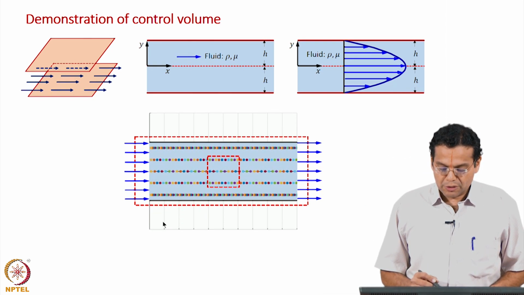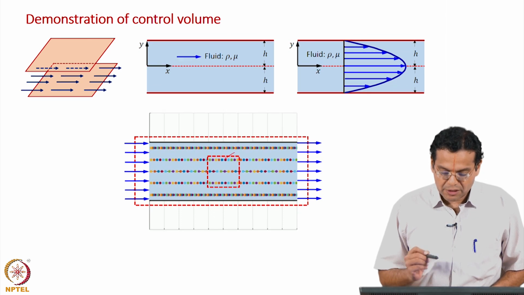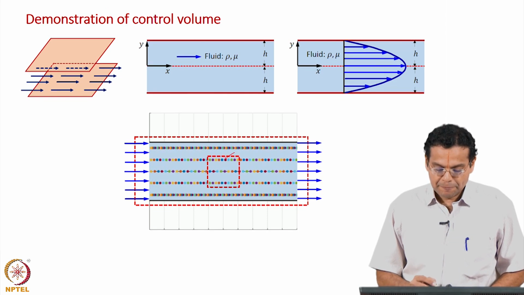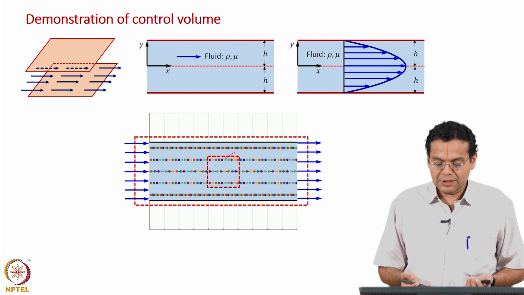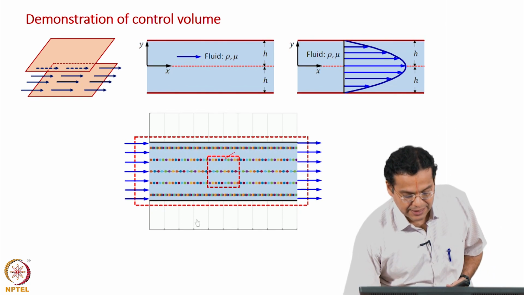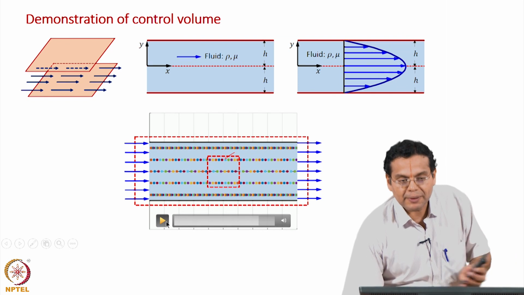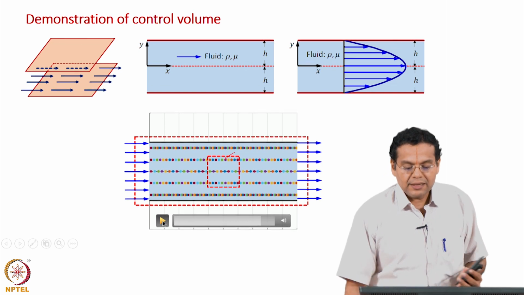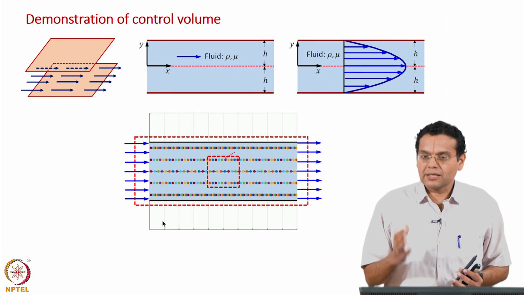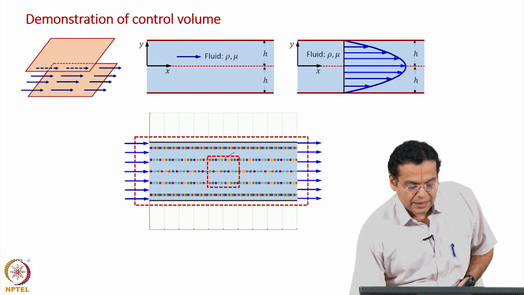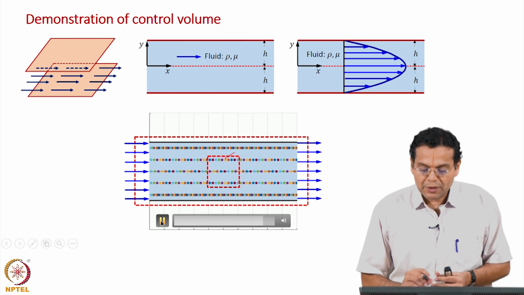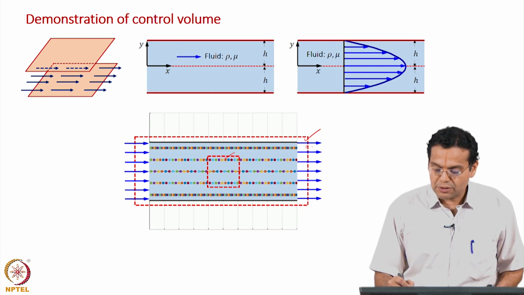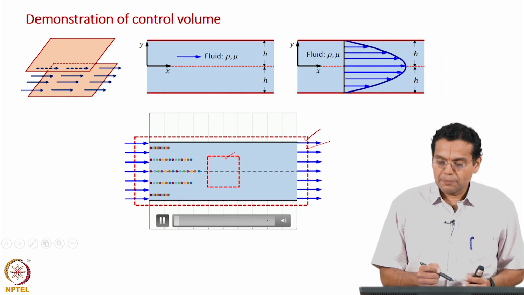So, now let us focus. I have shown two control volumes. One control volume is shown inside the region between the two fixed plates, and as you see, you can easily imagine by intuition different fluid particles. Let us say I stop at this time, some set of fluid particles were flowing through that control volume, and then at some other time t plus delta t, some other set of fluid particles are flowing through the control volume. Now, control volume can be over the entire equipment or entire region also. So, another choice for control volume is covering the two plates together.